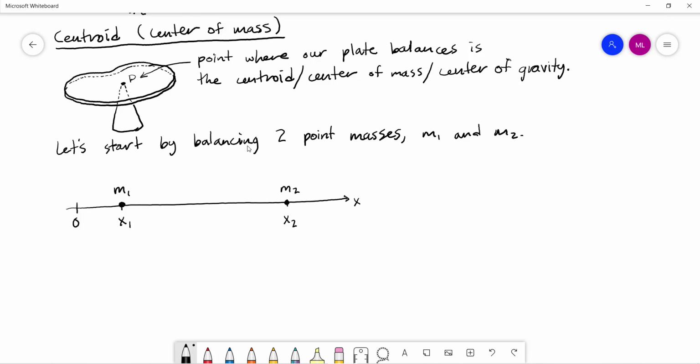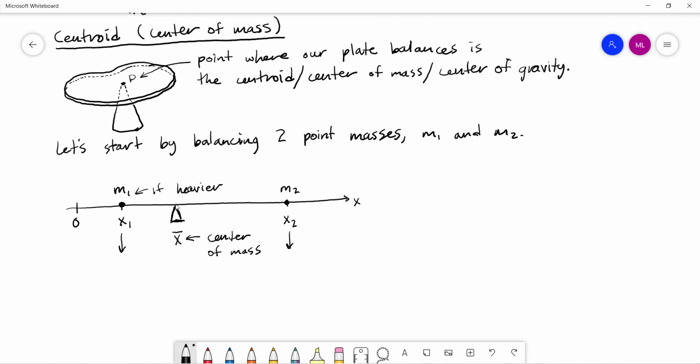And so if this is heavier, we would expect the pivot point to be closer to this side. And this pivot point is what we're looking for. It's what we're going to call x bar. This is the center of mass. And you want to think about it as basically gravity is pulling down on both of these, and this is the balancing point, right? And if M1 is heavier, this center of mass is going to be closer to that side. So it's not just how heavy the two things are, it's also how far each one of those is from the center of mass,